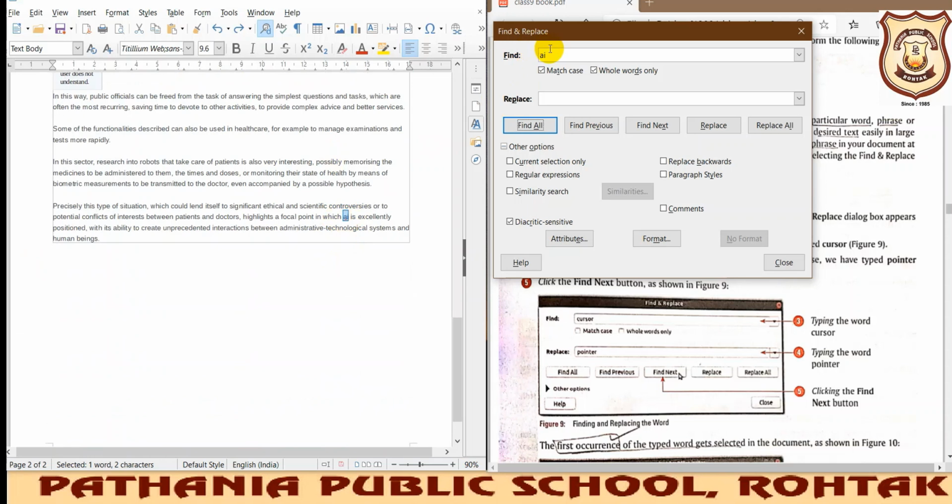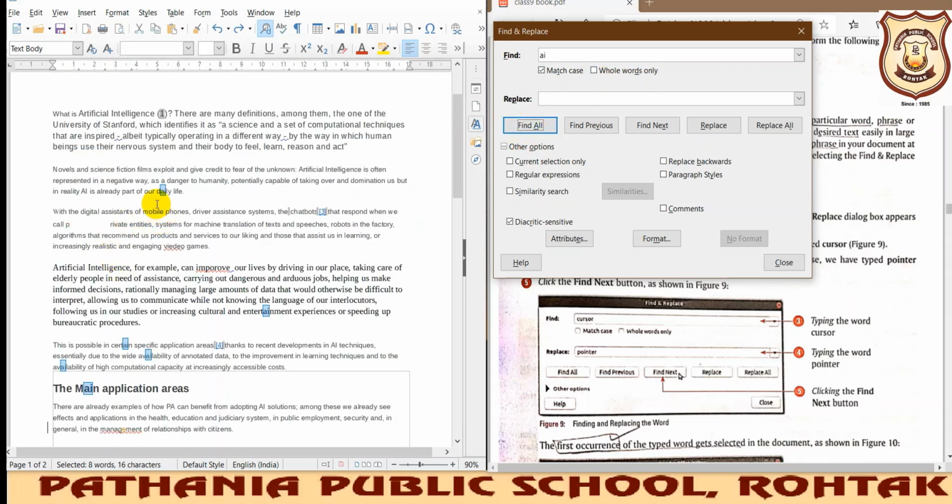Why? Because we have clicked on match case, so only small letter AI will be found, and secondly it should not be a part of any word. If I uncheck it and then find, I can find many AIs which are part of a particular word. I don't want that, because by this AI I mean artificial intelligence.